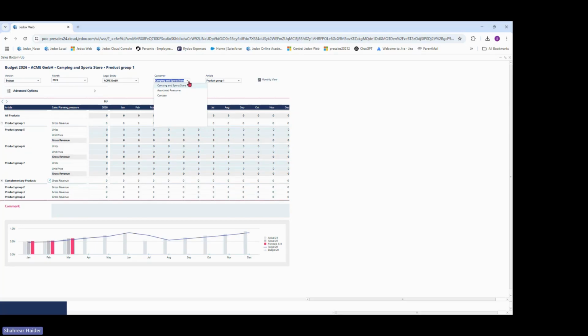They're entering their numbers within their certain section, and sometimes there are formulas and so forth, and there's always that chance of tampering with those formulas. The data is not live. There are so many issues with Excel, and I don't want to go too much into that. You guys already know. But here, what we can see is the same report, but in this case, Stephen is